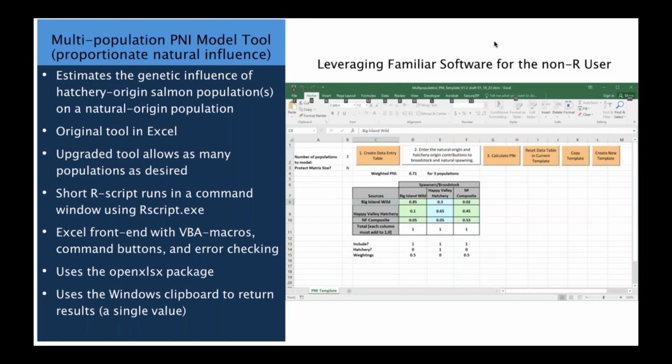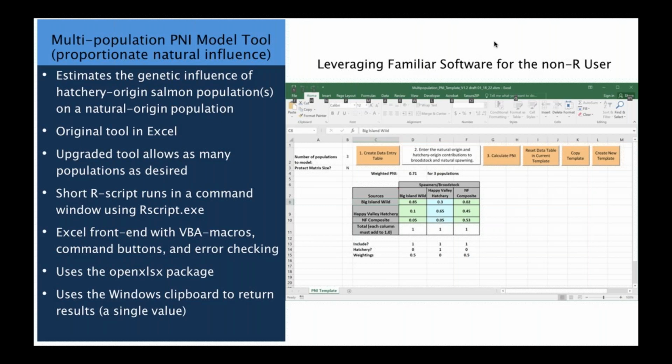Good afternoon. Like Eli said, my name is Alan Olson, and I'm with the Anadromous Production and Inland Fisheries branch in the Sustainable Fisheries Division, also known as the hatchery branch, and we spend a lot of our time doing Section 7 ESA consultations for hatchery programs in the Columbia River and in Puget Sound.